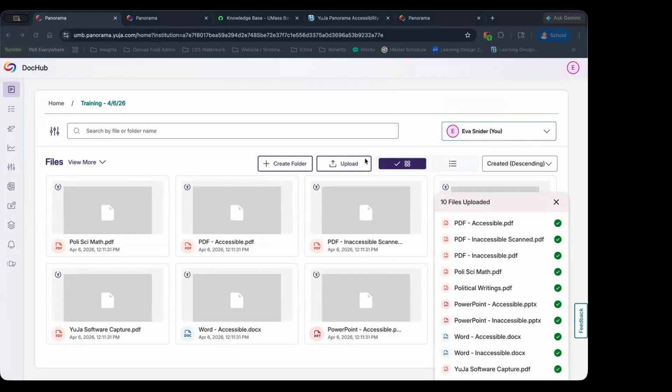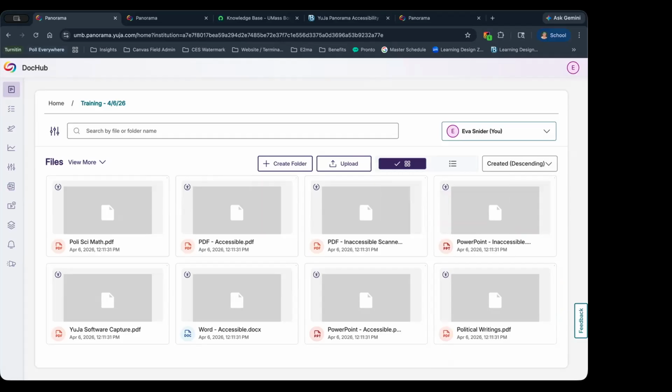You'll see when you first add files to Use Your Panorama, they have this icon that looks like an incomplete circle, it's purple, an incomplete circle with a person icon there. This is the accessibility icon that Use Your Panorama is going to show for any of your files. The purple circle is indicating that this is processing. So this is in process. We do not know the accessibility score of these documents yet, but if we give it a little bit of time, it will process these and we will get one of 3 different icons for these documents.